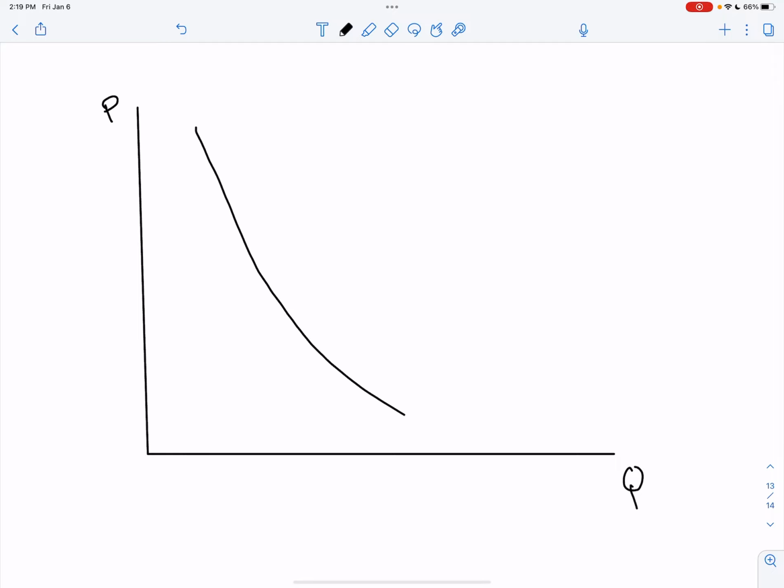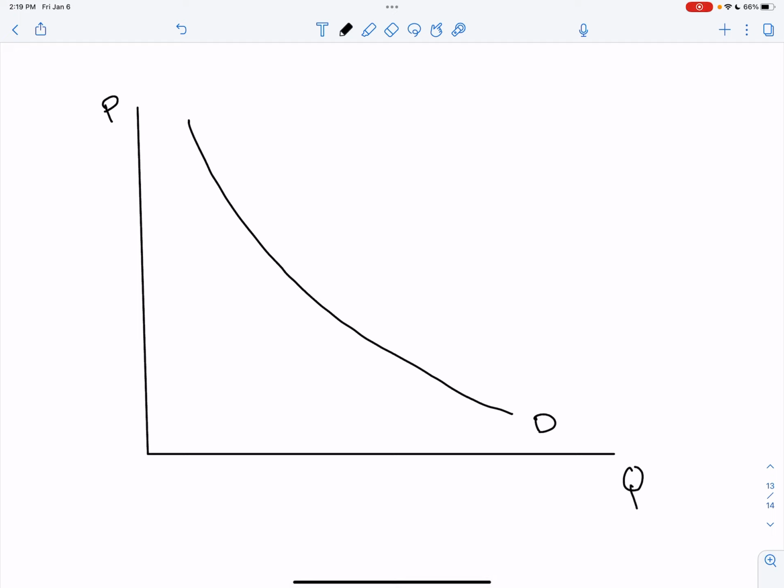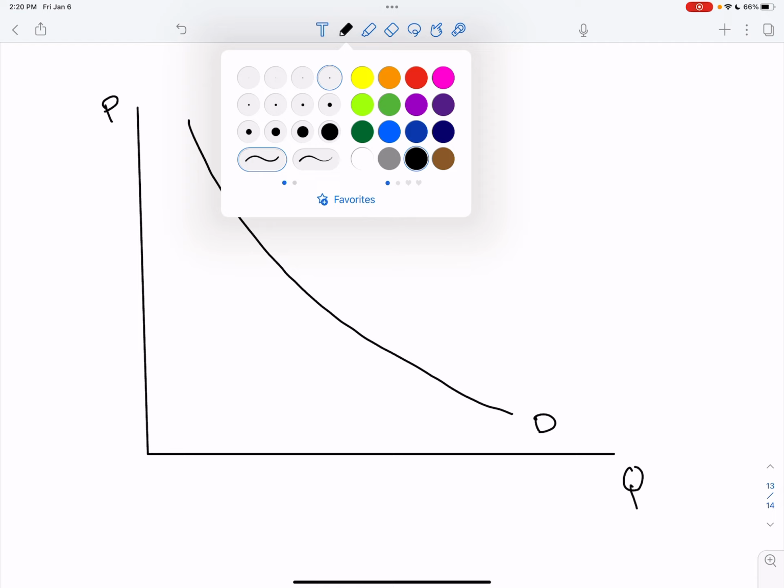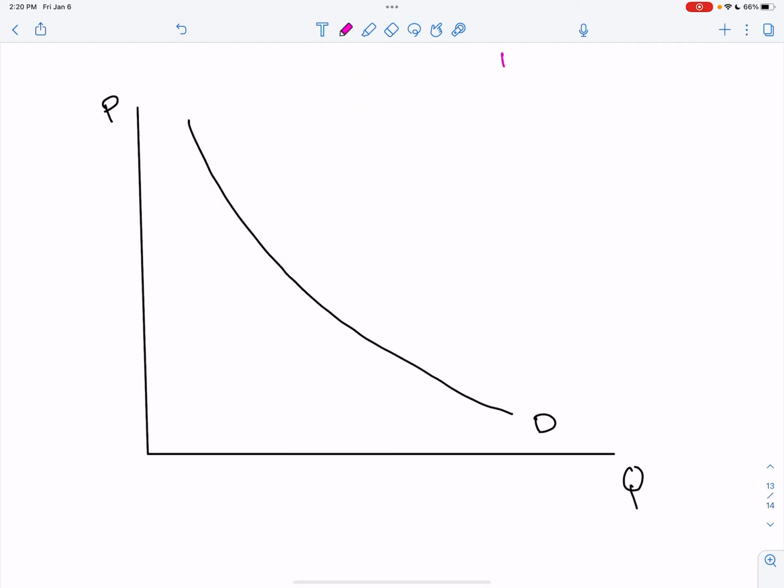We have a downward sloping demand curve. There are many things that can cause a demand curve to shift. We're going to look at 5 of them here. Start making a list up here. The first one is